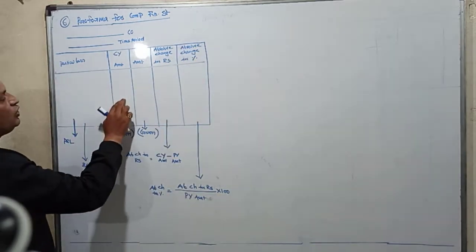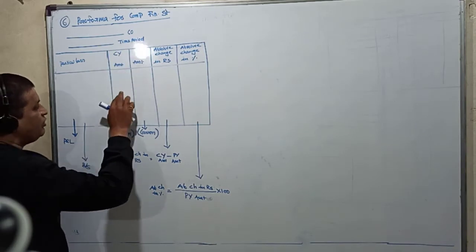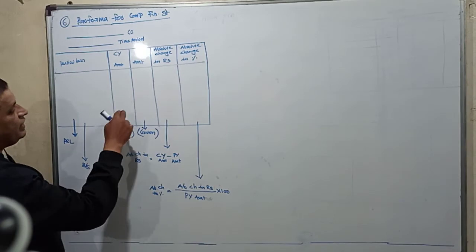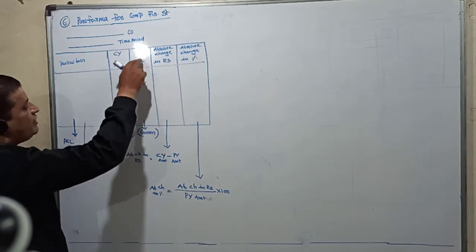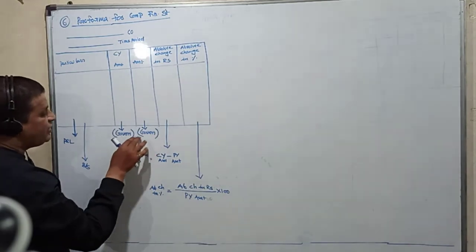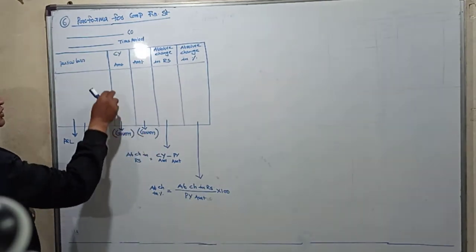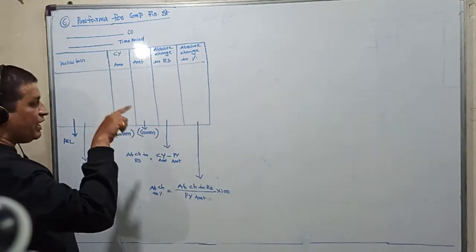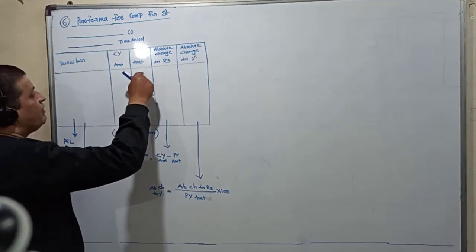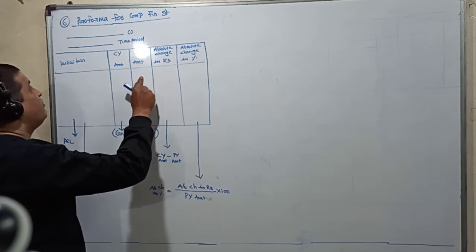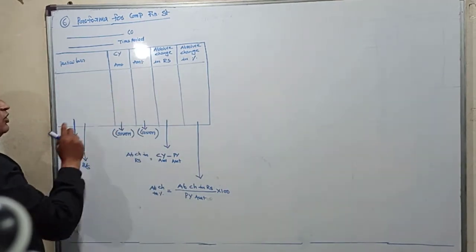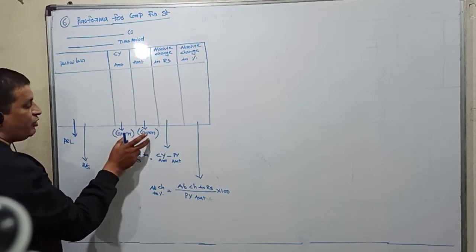So the first amount column, you take the current year amounts. All these are given in the problem. The next column is the previous year amount. All these amounts also are given in the problem. So whatever is given in the problem, those amounts we directly take here. So I said in comparative statements, we take the current year data and compare it with the previous year. Why? Because we want to interpret. So the first 2 columns, all the amounts will be given in the problem.